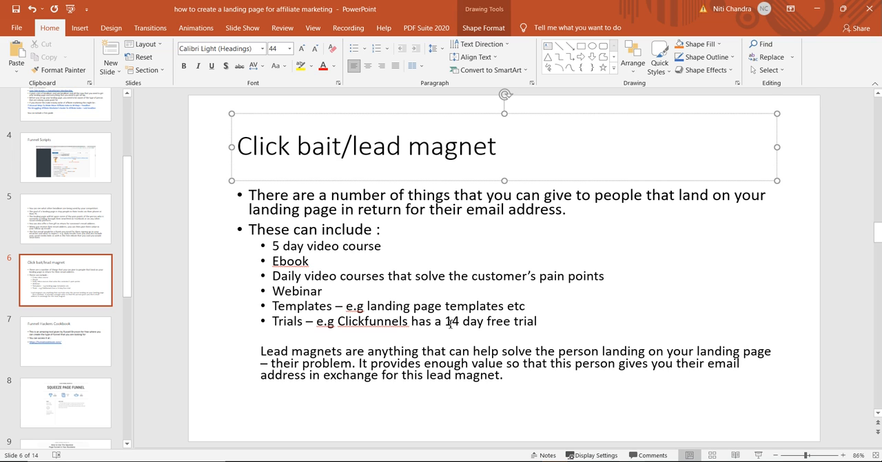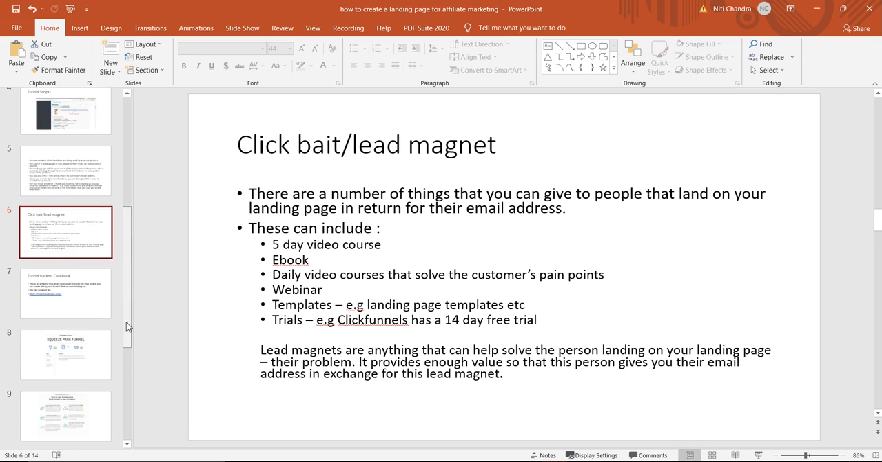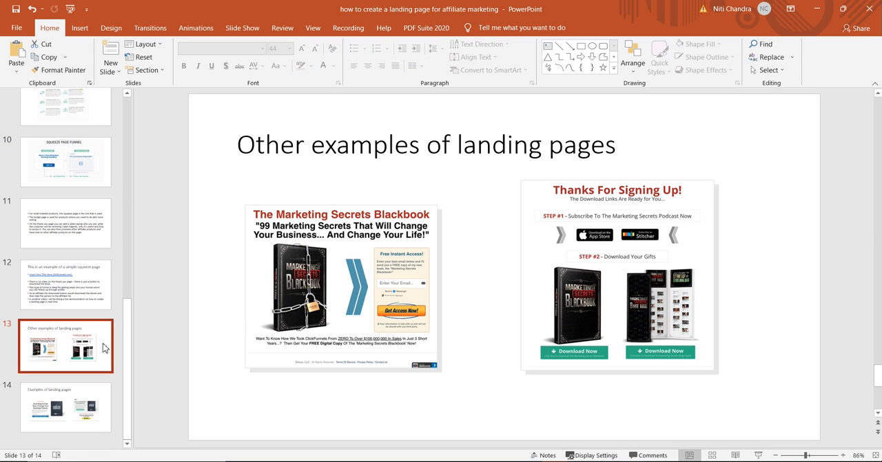14-day free trial. Lead magnets are anything that can help solve the problem of the person landing on your landing page. It provides enough value so this person gives you their email address in exchange for the lead magnet. So as you can see over here,